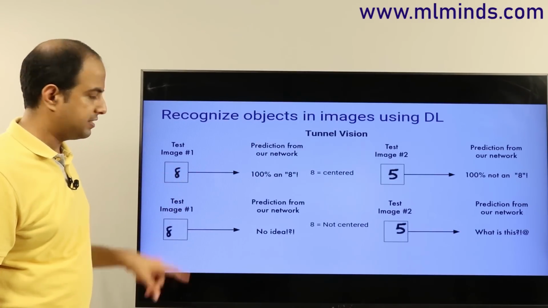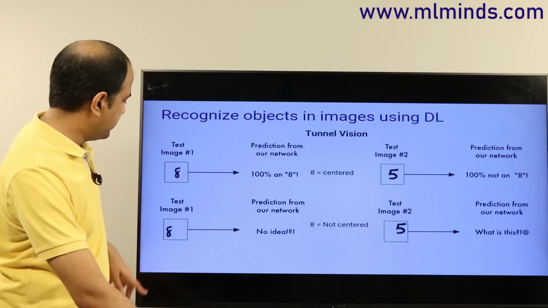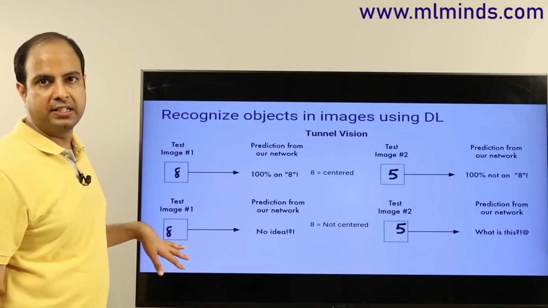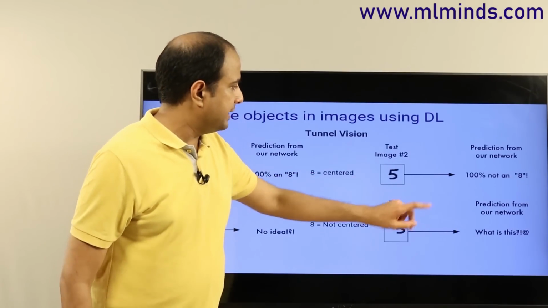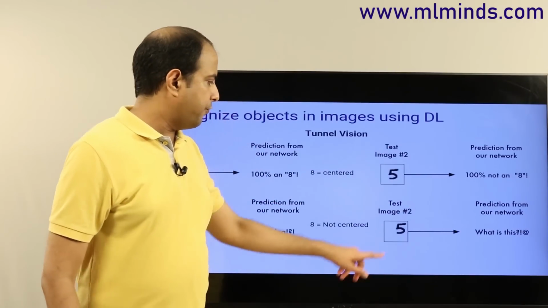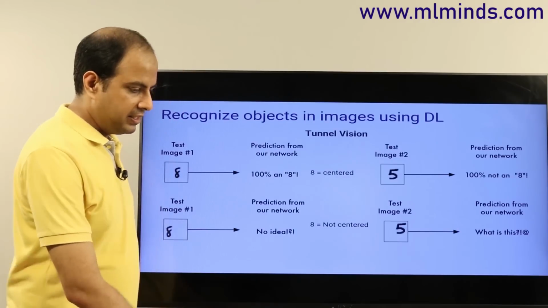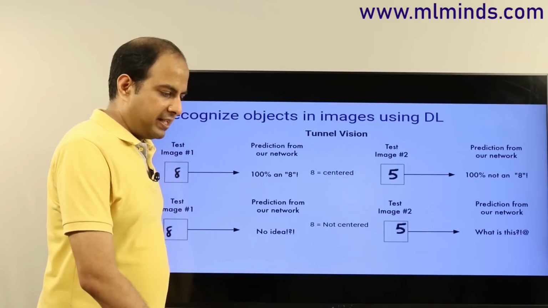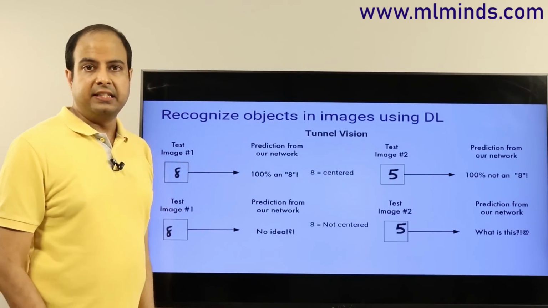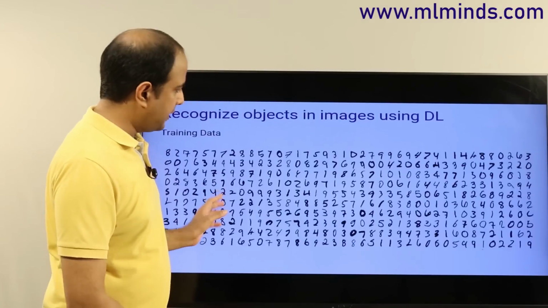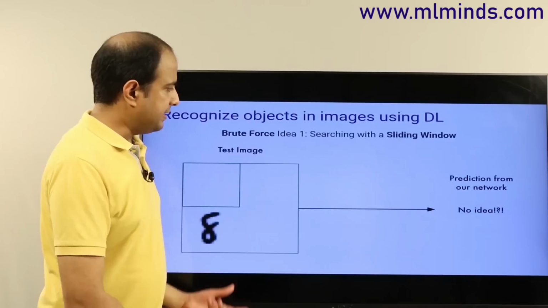In most of the training images, the number was in the center. So now at test time, if you give an image of this kind where the number is not in the center, this model is not going to learn that well. Similarly, if you have a 5, it basically clearly says it is not an 8. But if you have a 5 at the top, the network does not know exactly what to do. Okay, so now what do we do? In these particular cases, and also in other cases where the image size is large, the typical multi-layered perceptrons or the typical artificial neural networks of this kind are not enough. You need something else. Let's see what we can do.